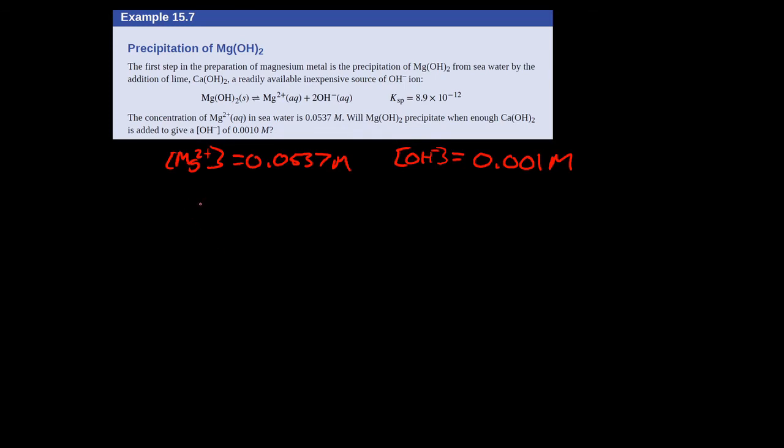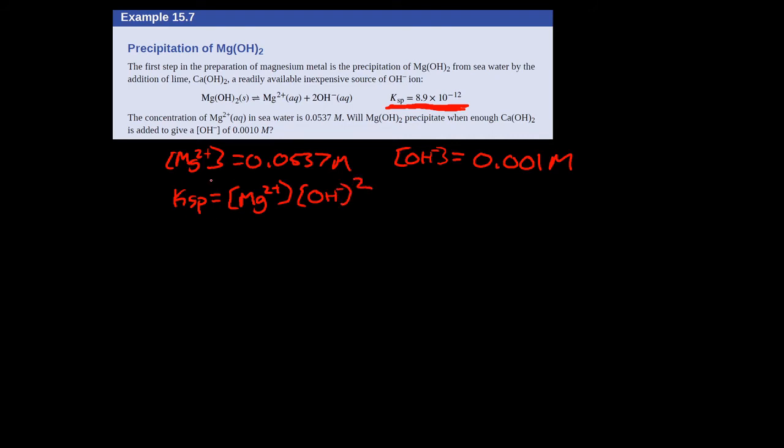Alright, so hopefully you paused the video there and you're back now with at least an idea, or maybe the answer, as to whether or not we will get magnesium hydroxide precipitating. The key thing here is to think about, what is the Ksp telling us? So the Ksp here, what this is saying is, in our solution, when we're at equilibrium, this number is equal to